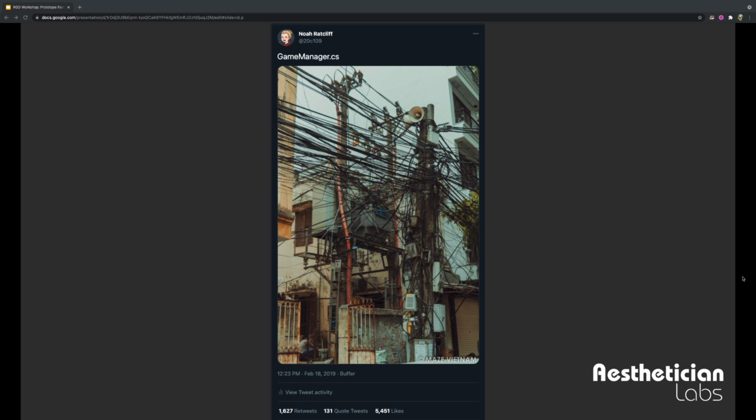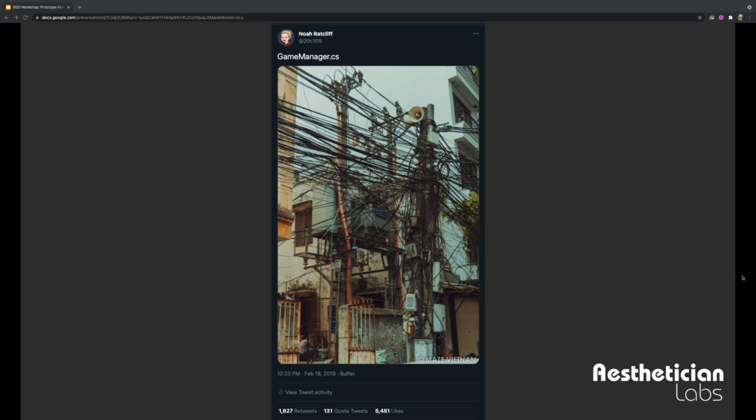This is a tweet I sent when we were just coming out of the tail end of working on our game Crazy Plates. I think this is a highly relatable sentiment in game development, especially in Unity: the just totally tangled mess of a game manager that's got everything thrown into it. It's kind of all roads lead to Rome, where everybody touches game manager at some point, or game manager touches everything at some point.